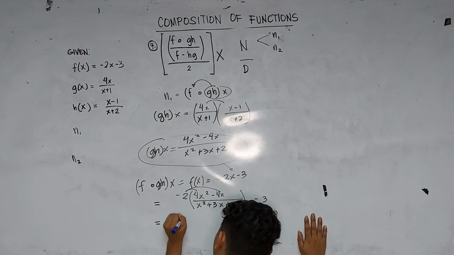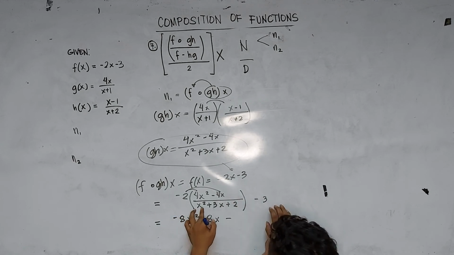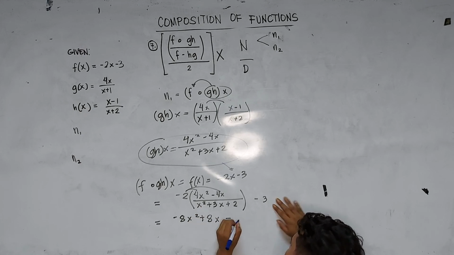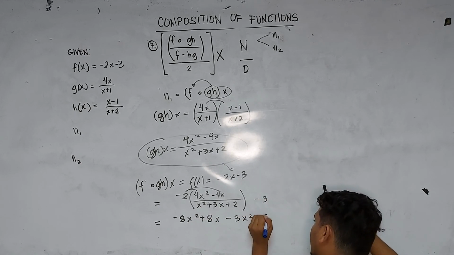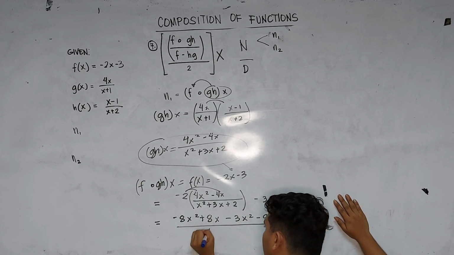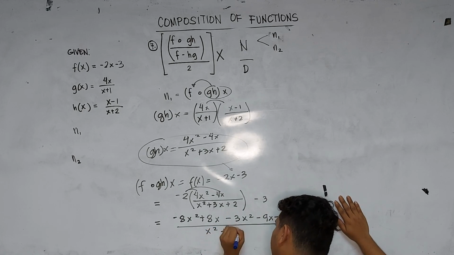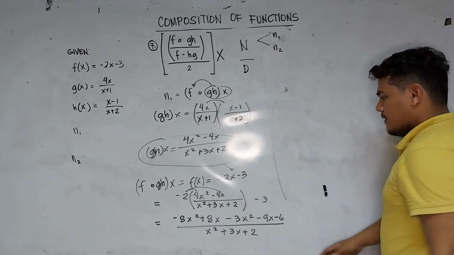This becomes negative 8x squared plus 8x minus x squared times negative 3, negative 3x squared, 3x times negative 3, negative 9x, 2 times negative 3, negative 6 over x squared plus 3x plus 2. Right? This becomes